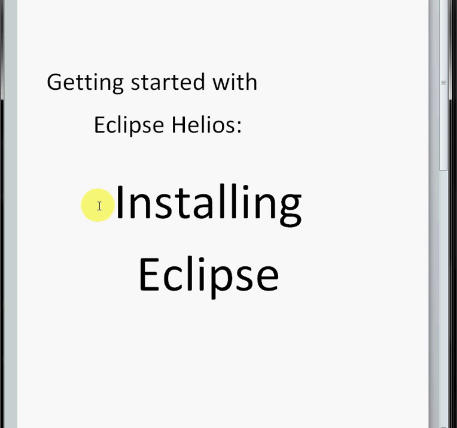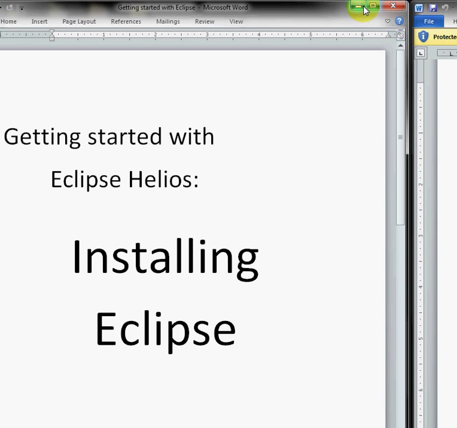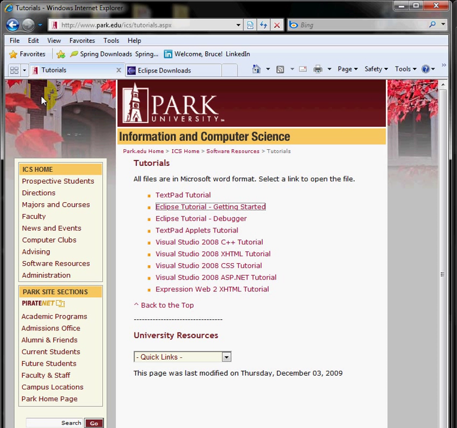Hello and welcome. Today I'm going to be installing Eclipse on a Windows computer. So what you'll need to do first is go to